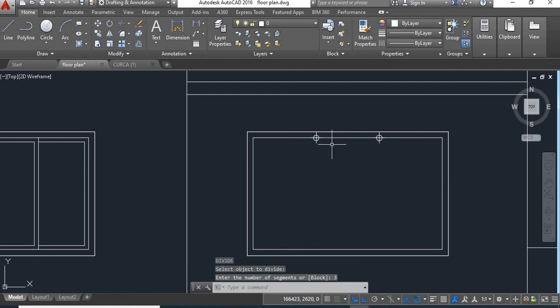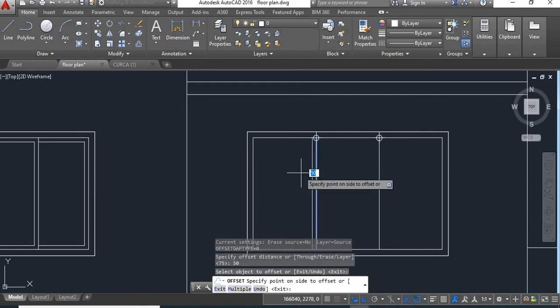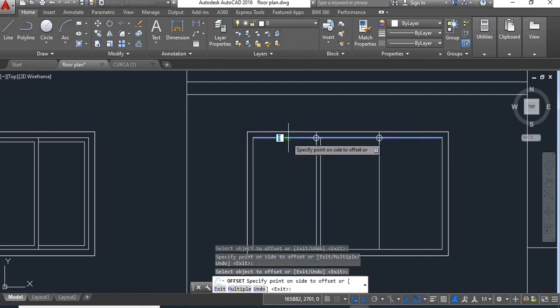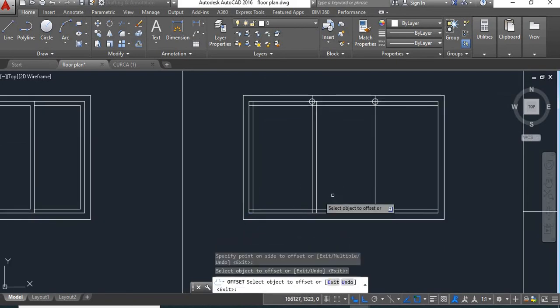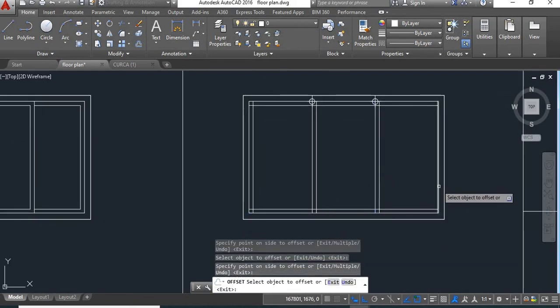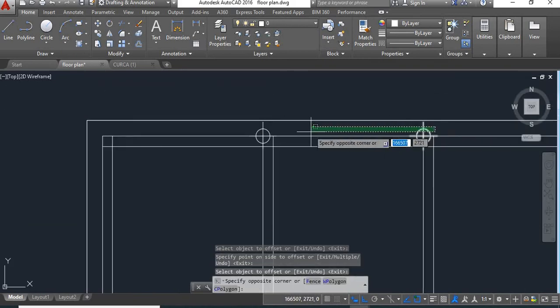We'll divide this line in 3 segments. Now take a line command, draw a line here, again draw a line here, give offset of 50 to all these lines. Now delete these markings.